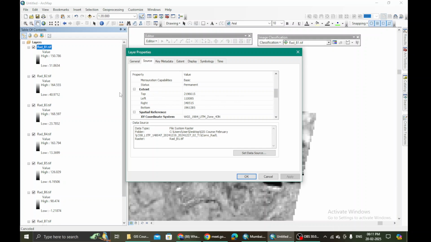The top of this image is up to this particular latitude range in terms of UTM. This is towards left, this is towards right, this is towards bottom, and zone 43 is followed by this particular image. If you have taken any image towards the east, then the corresponding zone will come. Yeah, this should be enough.